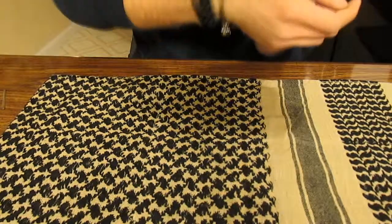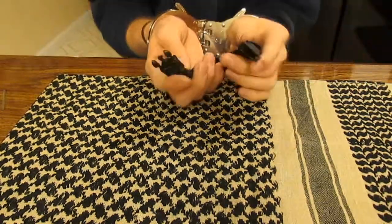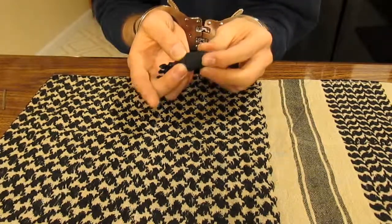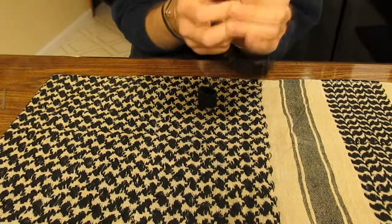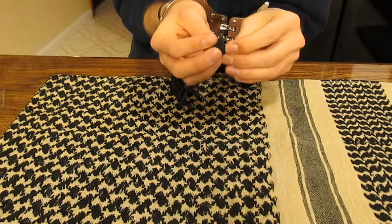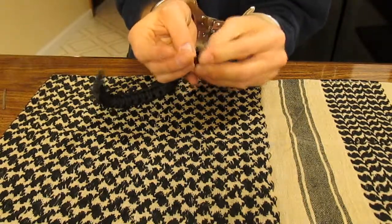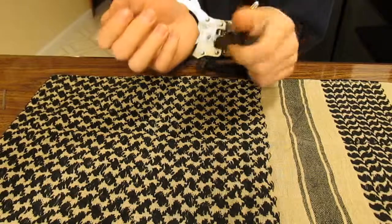So I'm going to take my bracelet, I'm going to fiddle it around to where I can get to it, okay? All the parts of the bracelet together are going to be used. So we've got our key here in the middle, and we've also got our elastic band that covers the clasp. So what you're going to do, you're going to take your elastic band off, you're going to take your key out of there, you're going to take your key, place it in the elastic band. This is going to give you a little bit more surface area on here. You're going to place the elastic band in there inside the bracelet. This is going to give you surface area, a way to get some